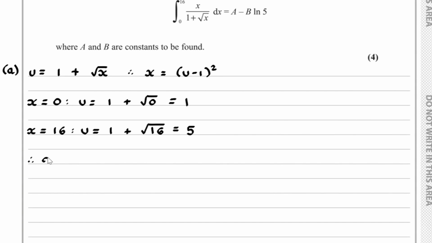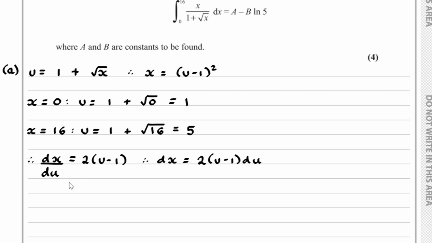If we find out what dx over du is, differentiating using the chain rule, we end up with 2 lots of u minus 1, and so therefore dx is equal to 2 lots of u minus 1 du. We now have enough information